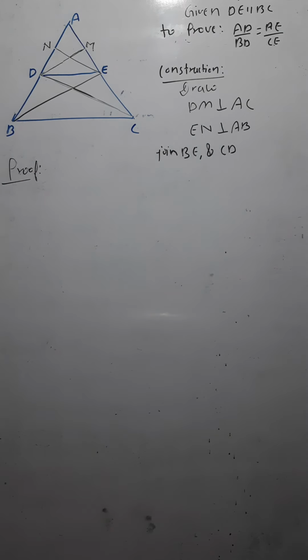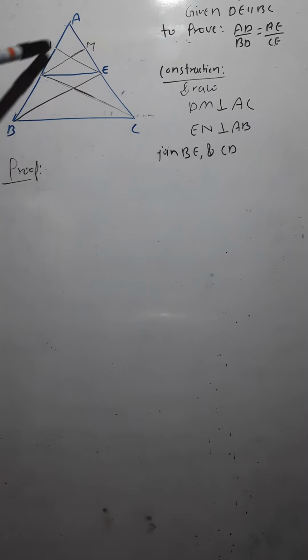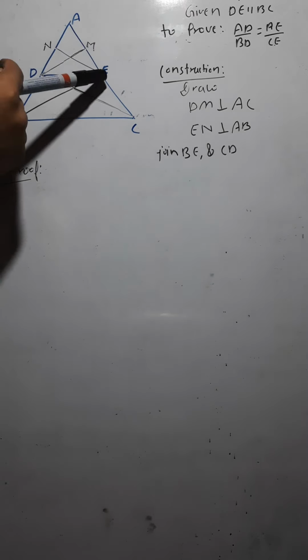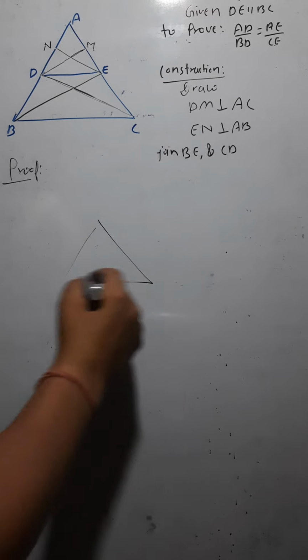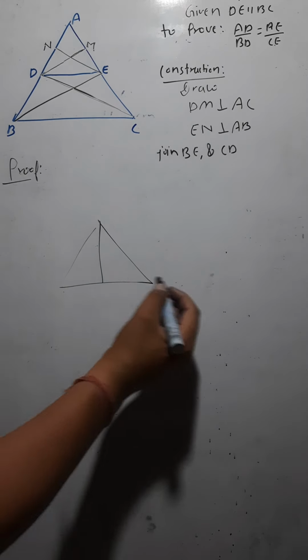I can find out the area in two ways. Area of a triangle is, what is the area of a triangle? 1/2 base into height. So here we have two bases. For finding out the area of the triangle ADE, first we would take this one base AE. If you are taking this as the base, the height would be the perpendicular. Perpendicular is always the height. So in a triangle, if you draw the perpendicular, this would be the height of the triangle, isn't it? And this would be the base.